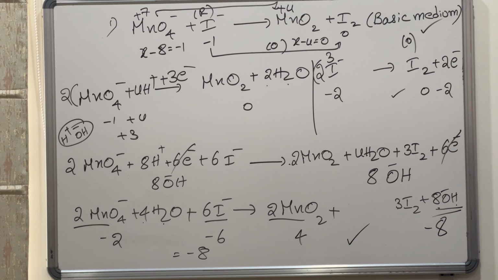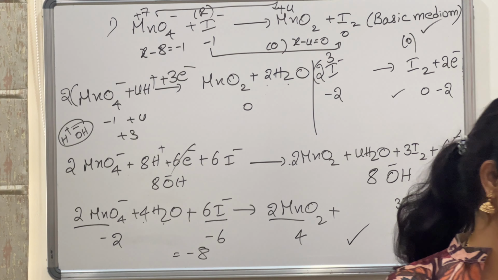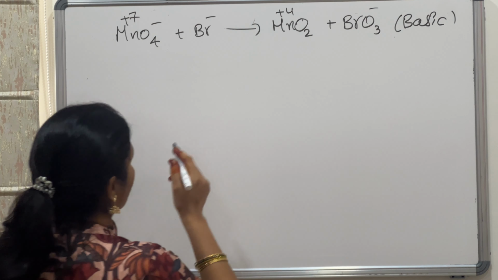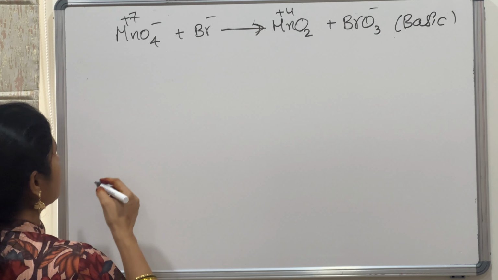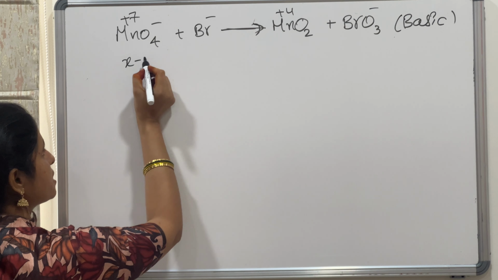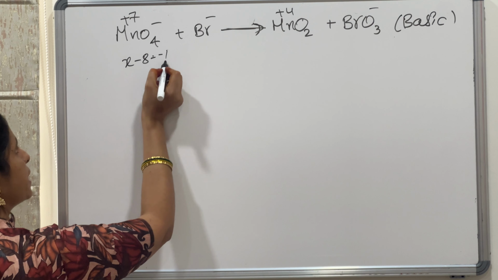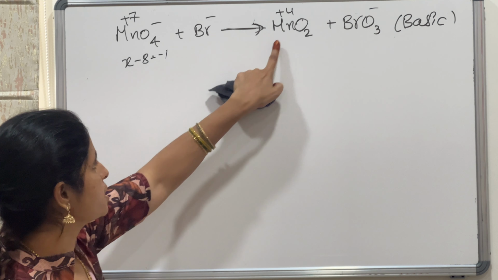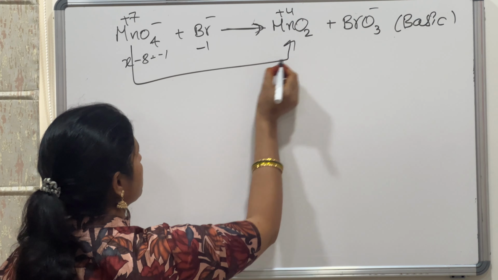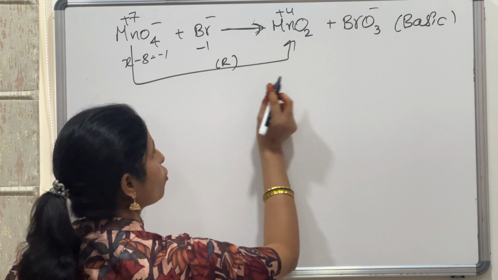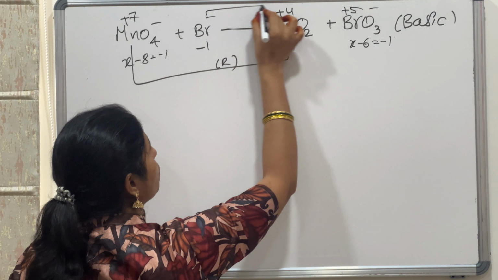That's it. Easy. Okay, so we'll solve another exercise, an NCERT exercise question. So another example is this one. Here calculate the oxidation state. X minus 4 into 2, 8 is equal to minus 1. So it is in the plus 7 oxidation state. Here it is in the plus 4 oxidation state. Here it is reduction, a decrease in oxidation number. Here minus 1 to x minus 6 is equal to minus 1. It is plus 5. So it is